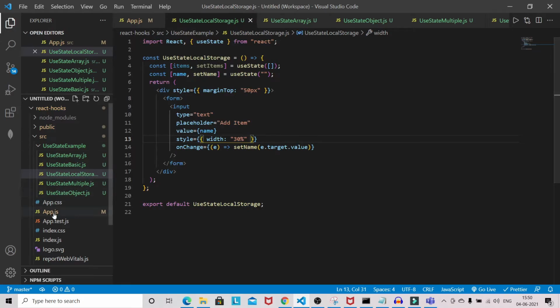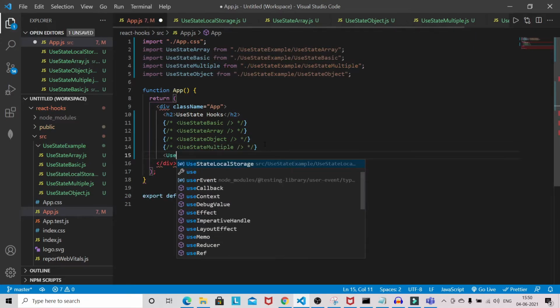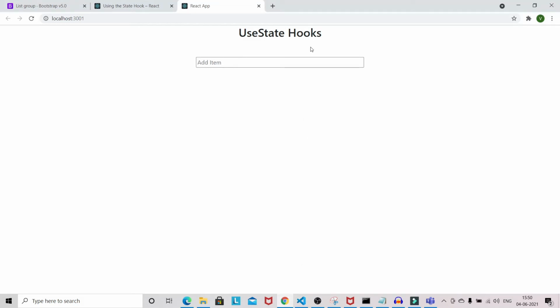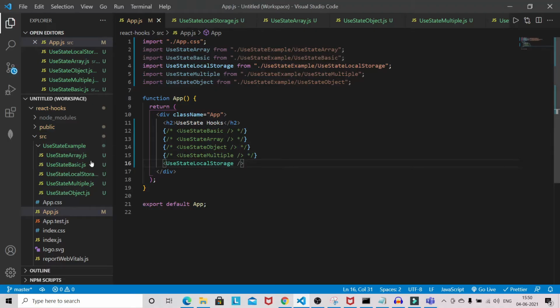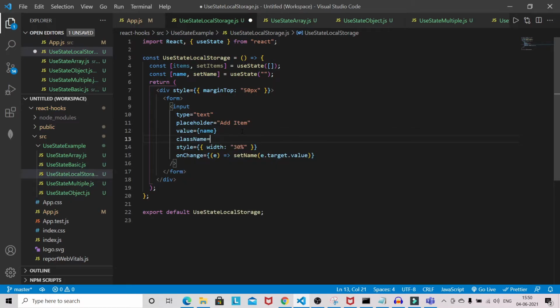Okay, so let's see how it looks. So I will comment this one, and I will import the useStateLocalStorage. So VS Code imports automatically. Let's see. So we got our input element. Okay, we will be adding one class name here to look a little bit nice.